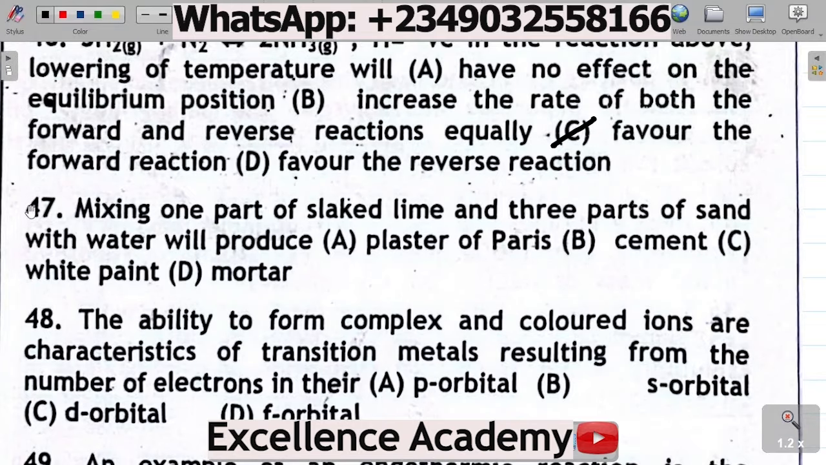Question 47 says mixing 1 part of slaked lime and 3 parts of sand with water will produce A, Plaster of Paris, B, Cement, C, White paint, D, Mortar. For this question, 47, the correct answer there is D, Mortar. You want to note that